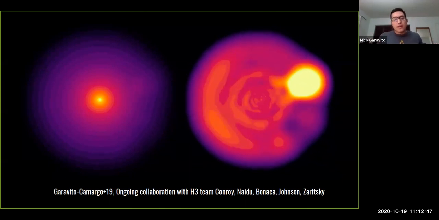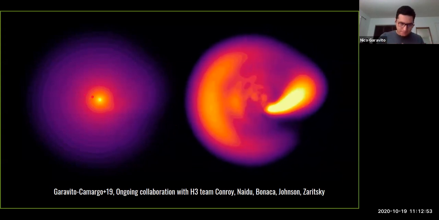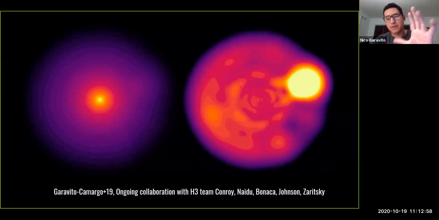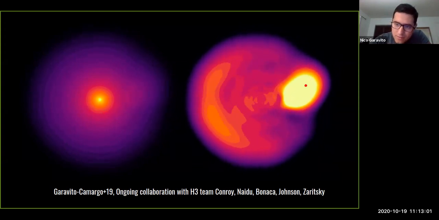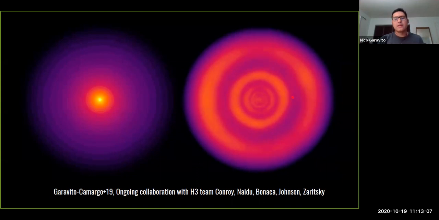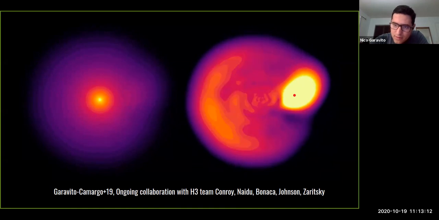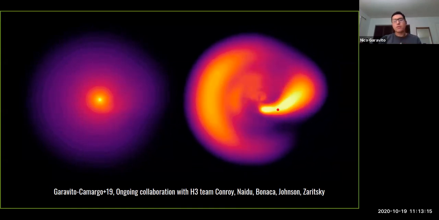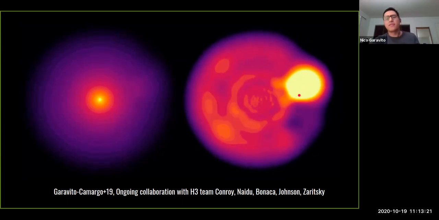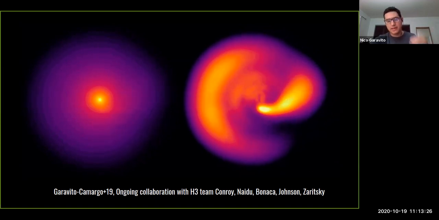So let's review what is going on. On the left, you see the density contrast of the halo, these are contours, and on the right, you see the density contrast of dark matter particles. As the LMC comes, in this movie as a function of time, you see that overdensities are created. The most important one is the dark matter wake. This is how the halo is responding to the passage of the LMC, and this is what causes dynamical friction. This is what makes the LMC lose angular momentum and energy, and eventually it is going to decay into the inner regions.